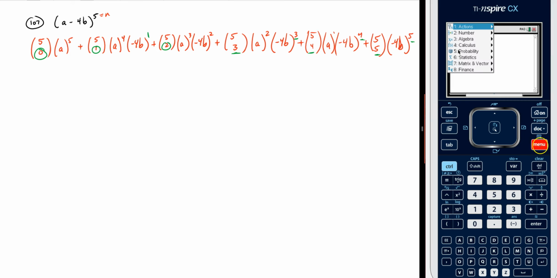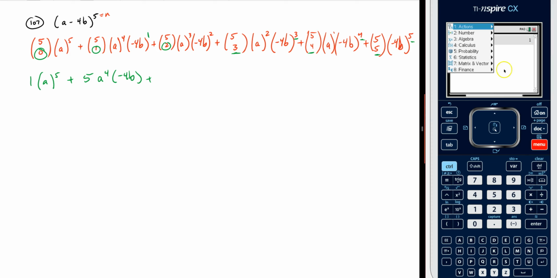We do menu, it's under probability, it is a combination, and so it's nCr, and we're just going to type in 5, comma 0, which we should remember that's just always going to give me a 1. I have 1 times a to the fifth, plus 5 choose 1 is just going to give me a 5, so it's 5 times a to the fourth times negative 4b, because it's negative 4b to the first, plus,